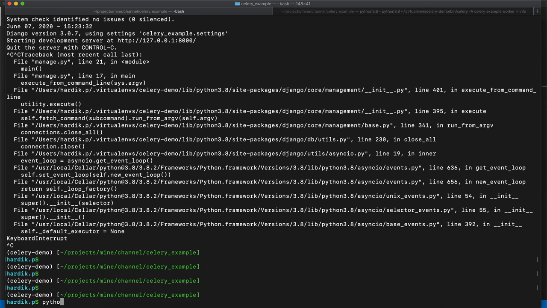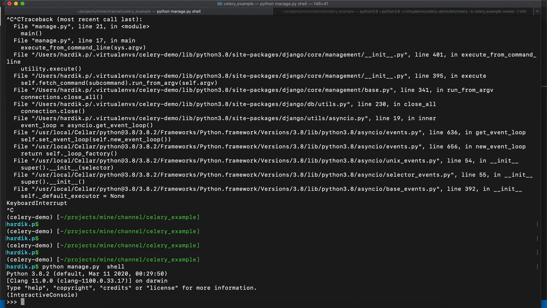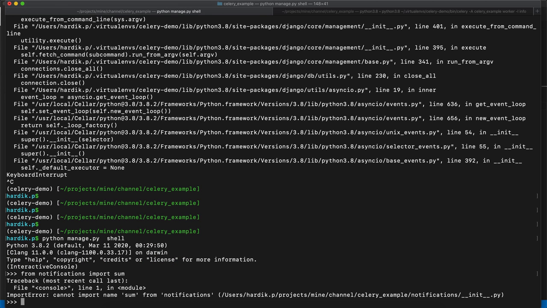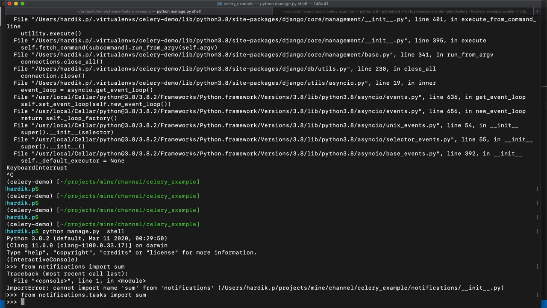So I'm just going to start the Django shell like this. Once you go inside the shell, you just need to import the task in a normal way. Import sum. Okay, sorry, what I've done is notifications import, oh sorry, notifications.task. Yeah. All right, so sum is imported, and if I call this sum like this, 2 comma 3, it will be executed